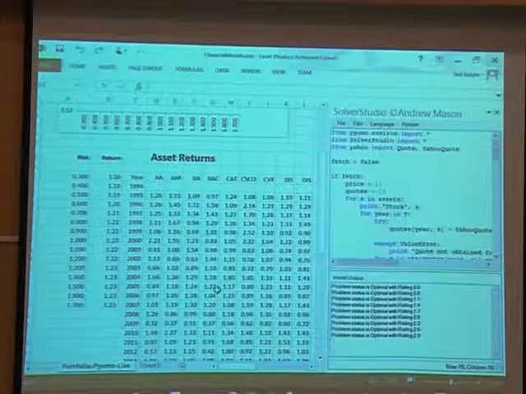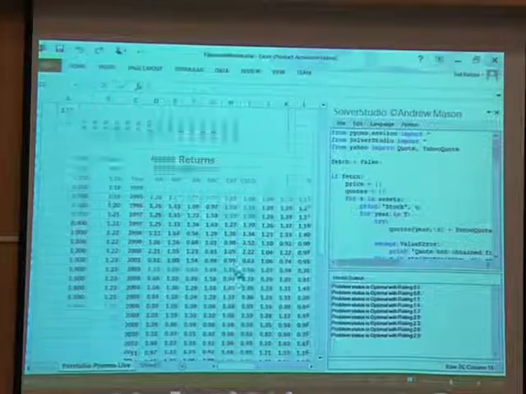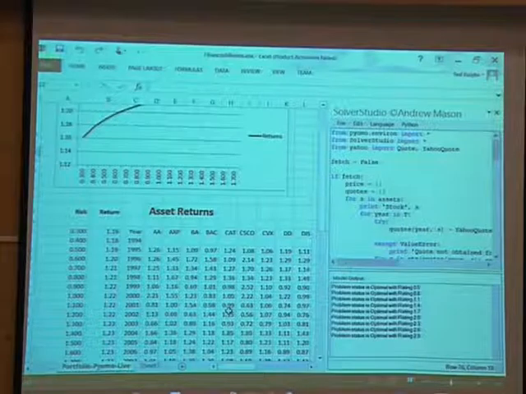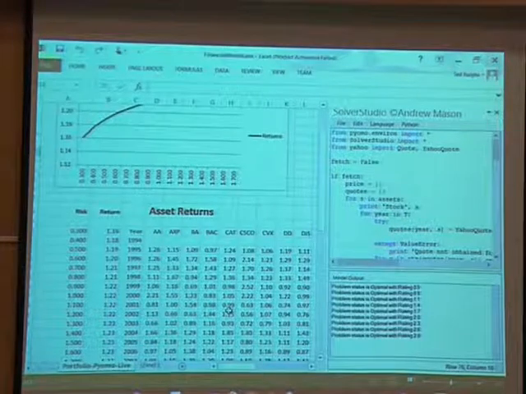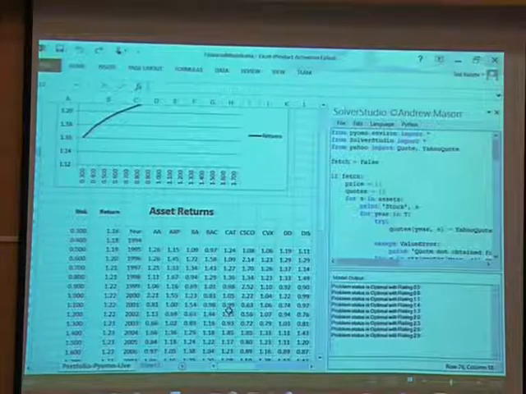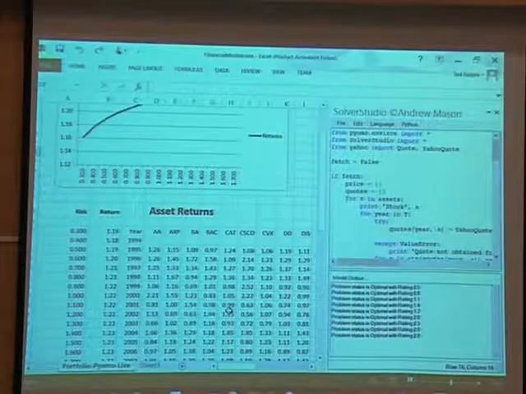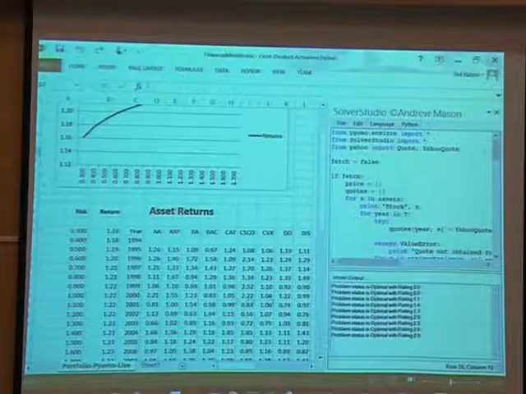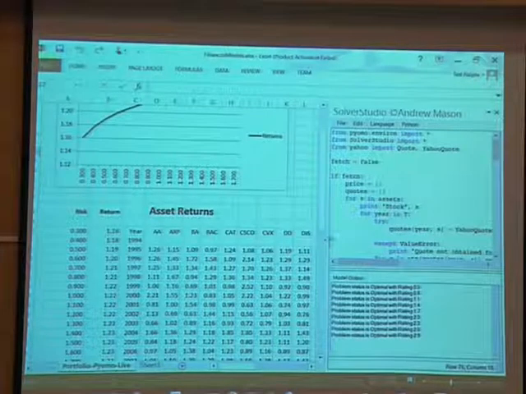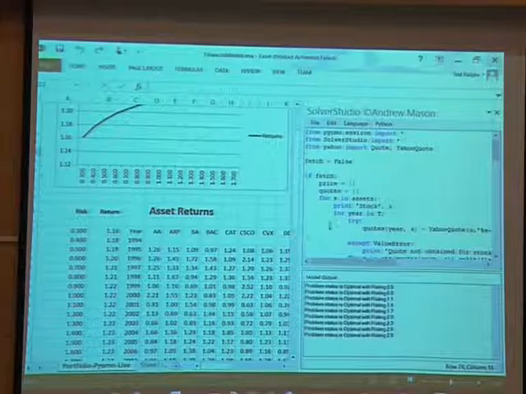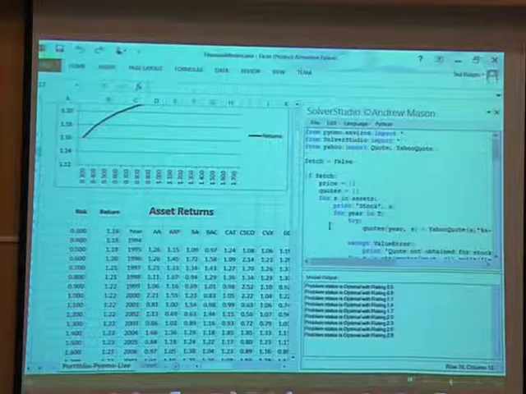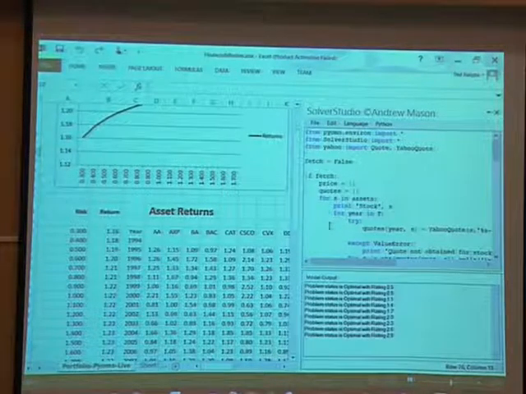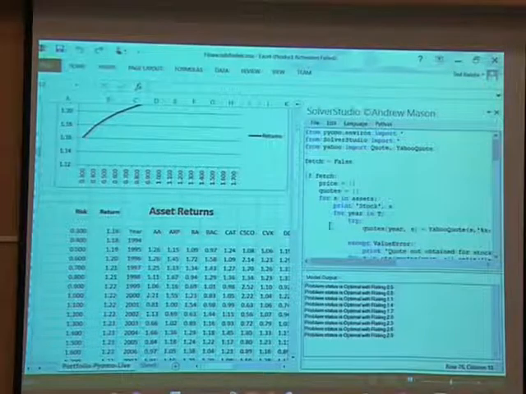Okay, so this is the portfolio optimization model in a spreadsheet. I have some stocks across the top there, and I have their returns by year, and the model is over here. Now, what's really cool about using Python to do modeling is that I can integrate my data acquisition